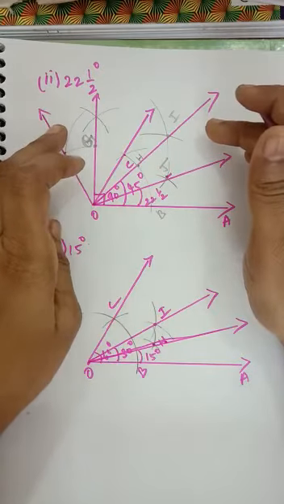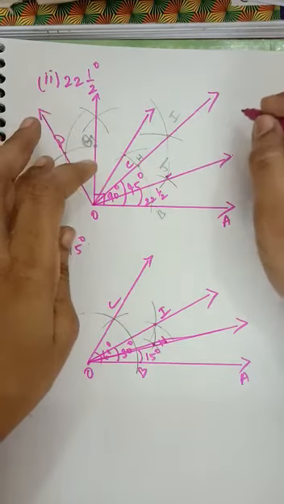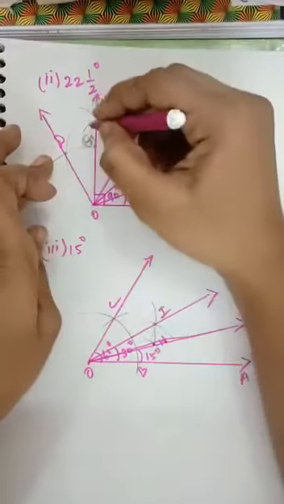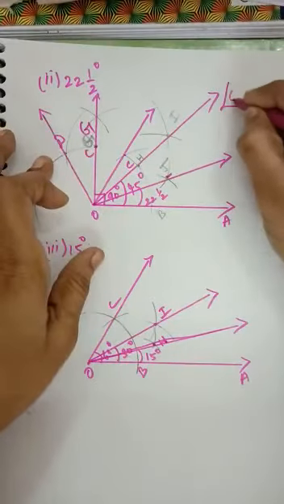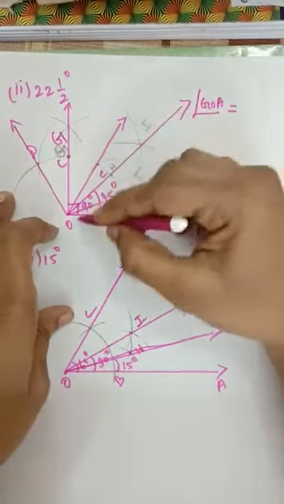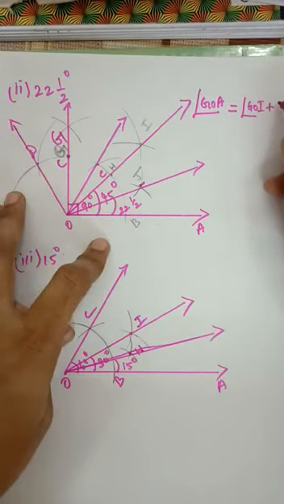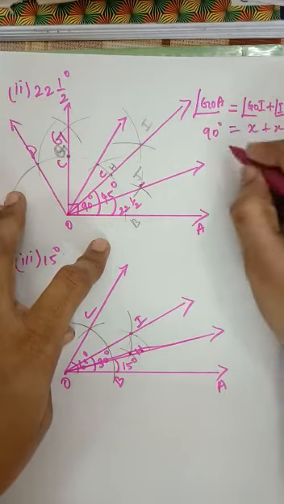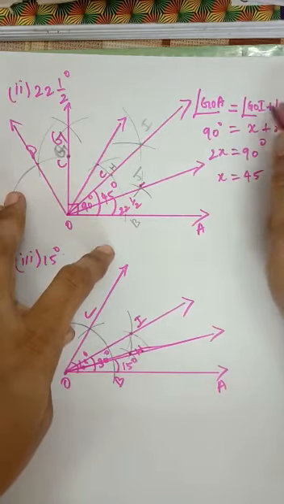Already I have mentioned in the second video, for constructing an angle 45 degree, at last you have angle GOA. This is B, this is G. Okay, angle GOA is equal to angle GOI plus angle IOA. Both are equal because of the bisector, so take x plus x. Here angle GOA is 90 degree, so 2x is equal to 90, then x is equal to 45 degree. So these angles are equal to 45 degree.